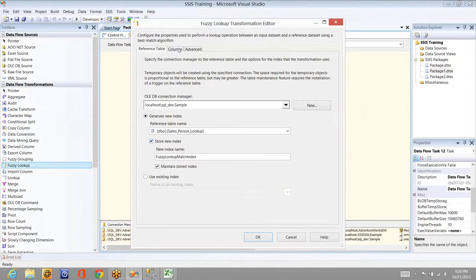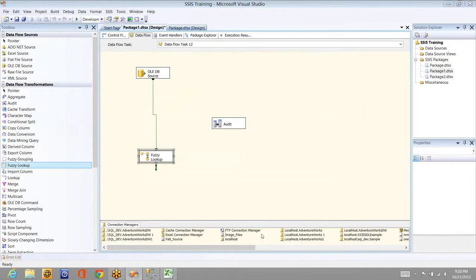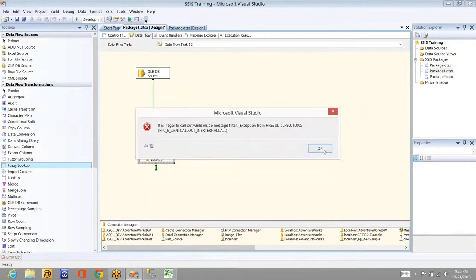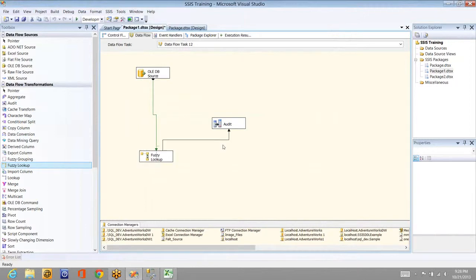This is fine, and the advanced settings are fine. Now if I execute this, I have a reference table here and the source table, the data that is coming from. If there are very similar values, it will pick them. Generally, that won't happen with a normal lookup.